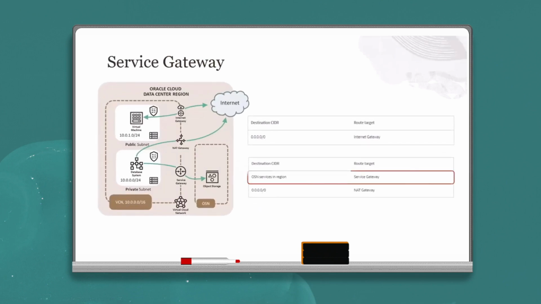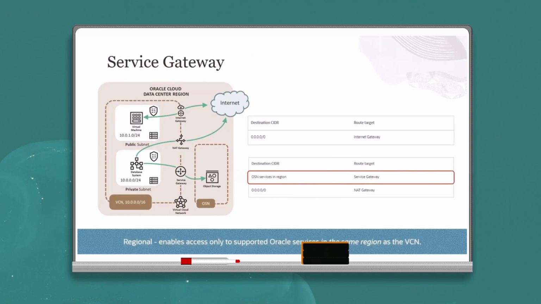Now let's look at this particular architecture. Here we are concerned about the private subnet because there are servers that are deployed in the private subnet. These servers don't have public IP address. All they have is a private IP address, and then they want to access object storage service, which is part of Oracle Services Network. So here we have deployed a service gateway, and we have also made the corresponding changes